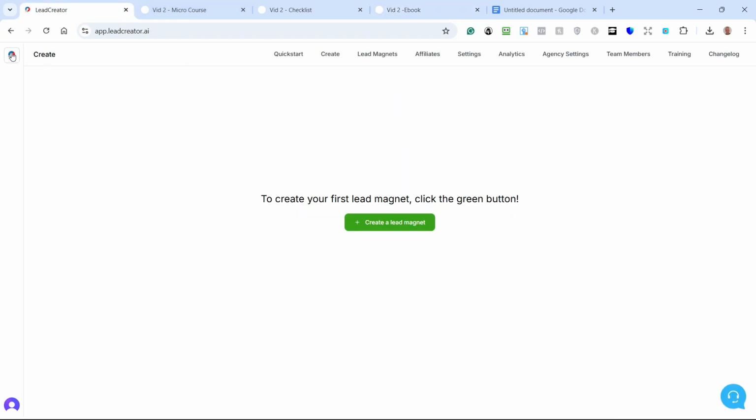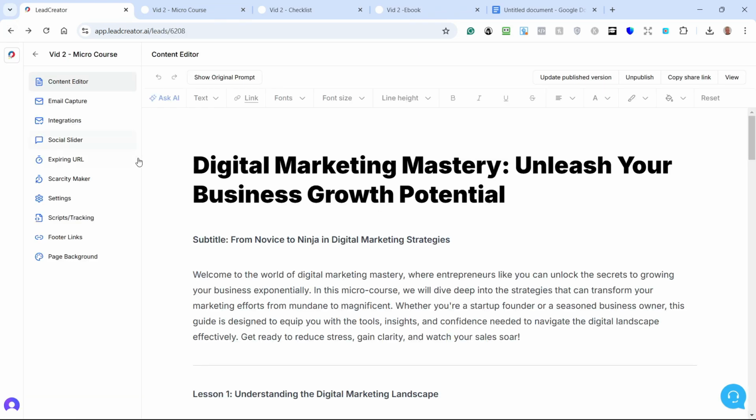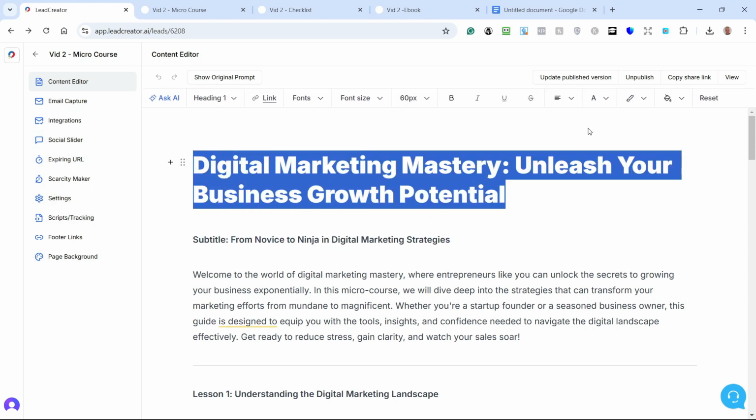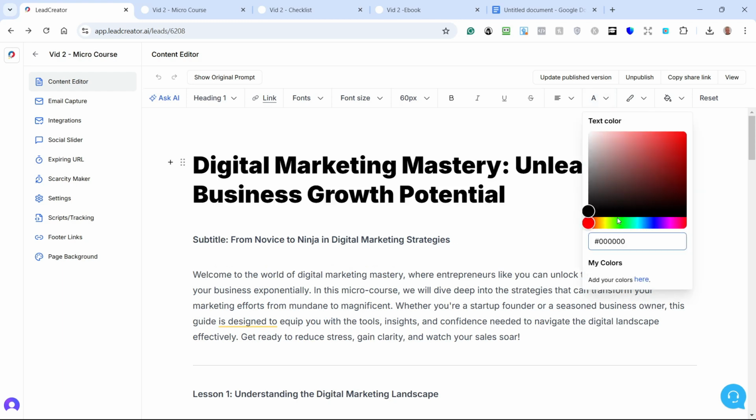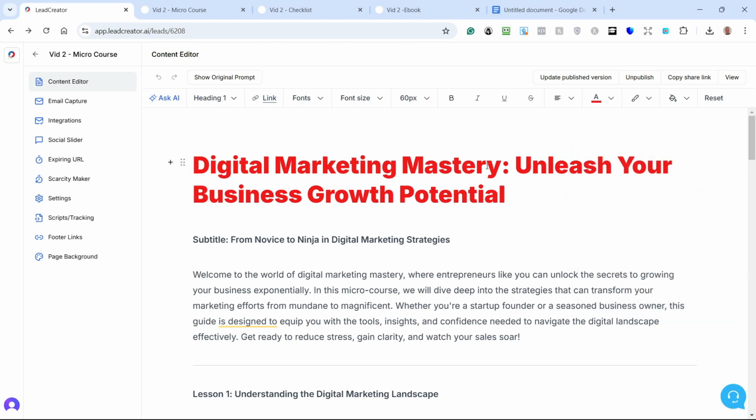When you're in the lead magnets, let me go back here to the beginning. So yeah, like I say, this one here is a basic lead magnet I've created. Like I say, I'm in Lead Creator. You can use any tool you've got at the moment. It's just that you get so many features here with Lead Creator. So if I was to highlight the text here and just click there and then choose red, there you go. It's instantly